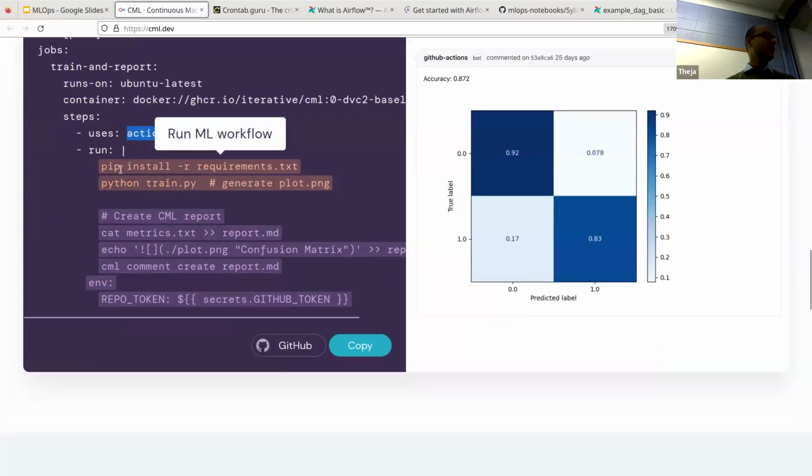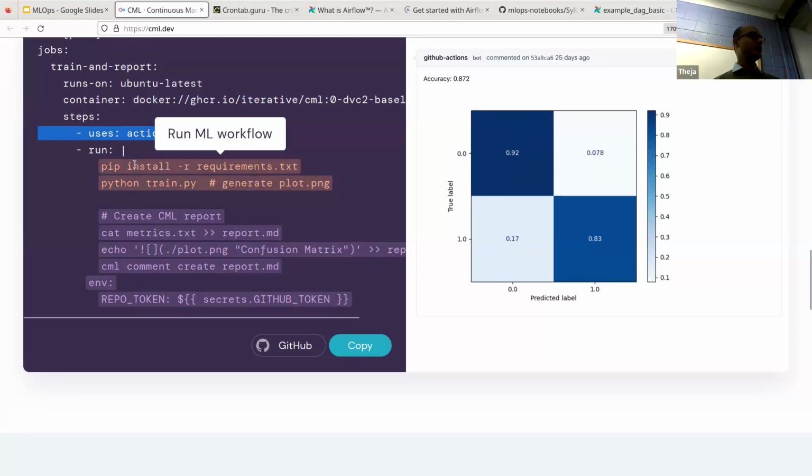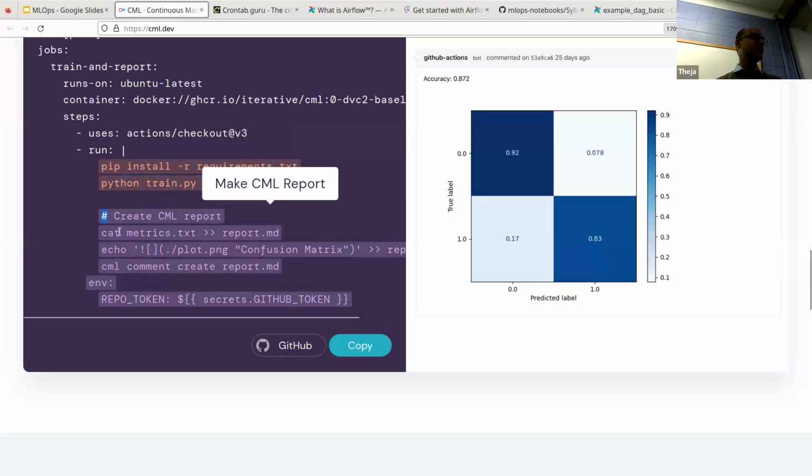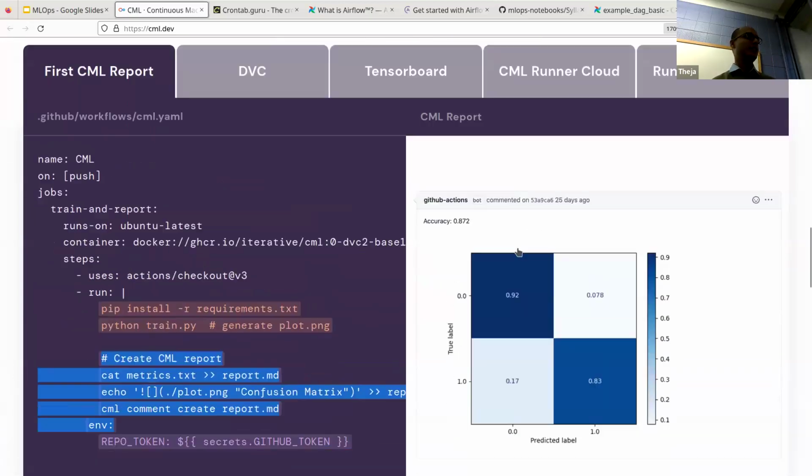But then it's just saying, okay, once you copied the current code base, which has the current logistic regression training model, then you pip install. Maybe there is a requirements.txt, so pip install whatever is in the requirements, and then you run the training. So here is just an illustration, it's rerunning the training with the latest code. And then whatever confusion matrix was generated, just attach it and show it as an illustration in a comment. Okay, so that's how you would see it.